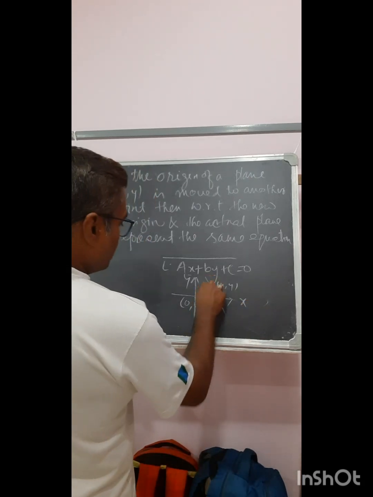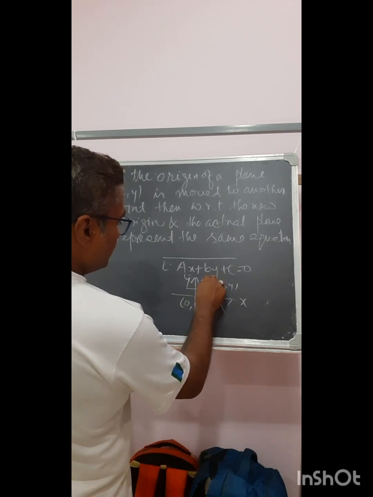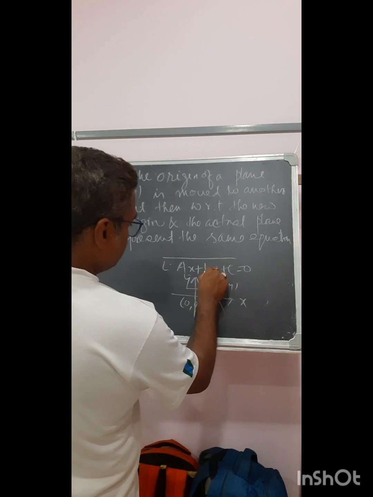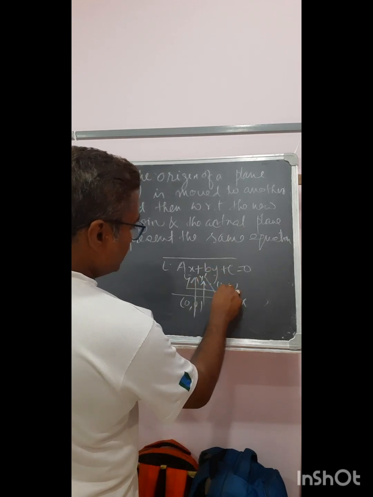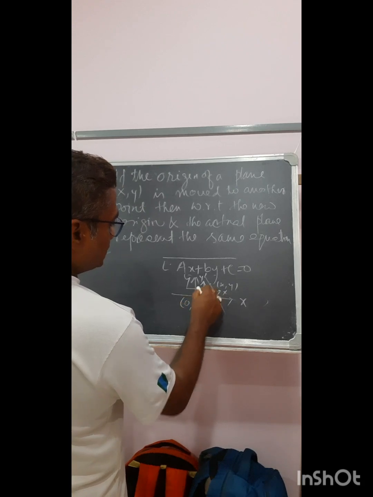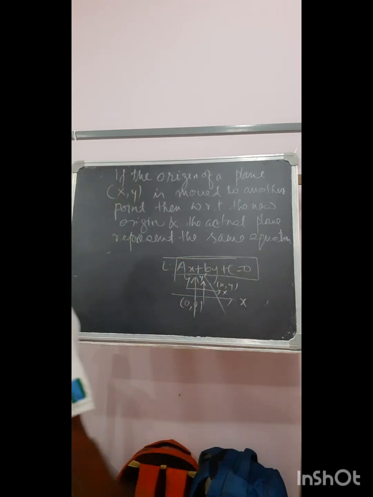Now, if that origin is shifted to another point, then it will form another arbitrary coordinate system, let's say X and Y. So, with respect to this shifted origin, what would be the form of the equation? This is the need of this